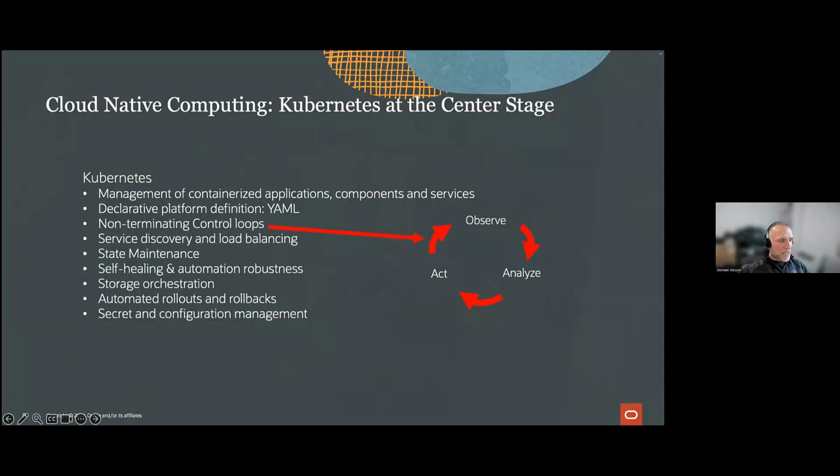And for this type of development, Kubernetes is usually at center stage. Now, when Kubernetes is used to orchestrate our apps, we need to understand a few important points.